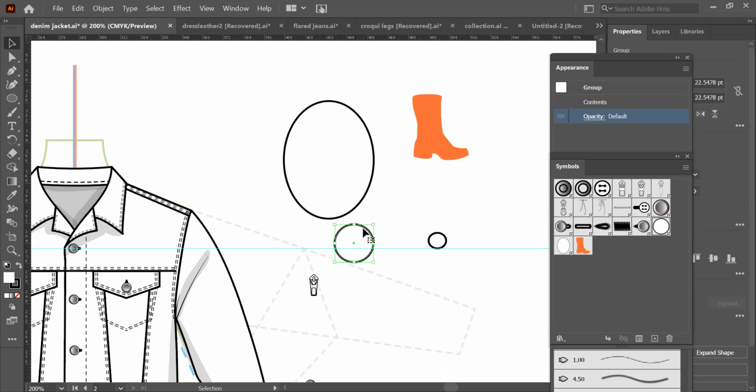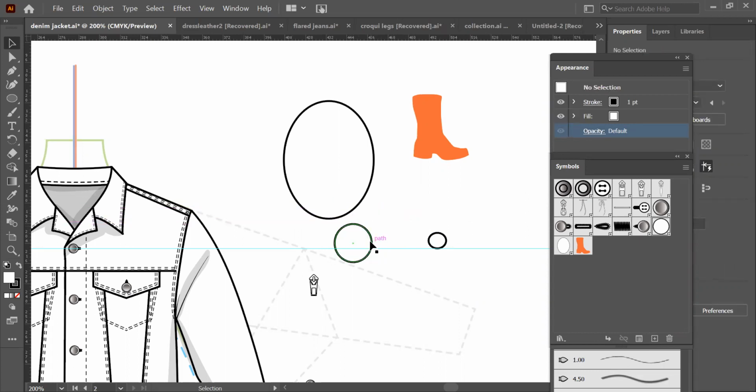If I break the link, I can increase it, decrease it, whatever I want to do. But this library is basically for that purpose. That is why I was saying that you make those facial expressions and save them as a library and use them whenever possible. So you make 5, 6. That is why I said make at least 5 facial expressions, so that you can use them in your illustrations.